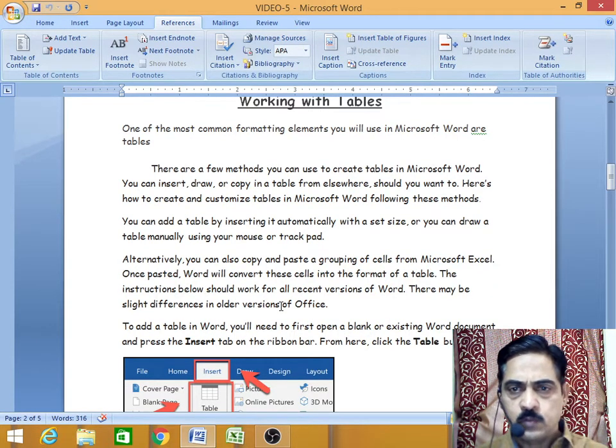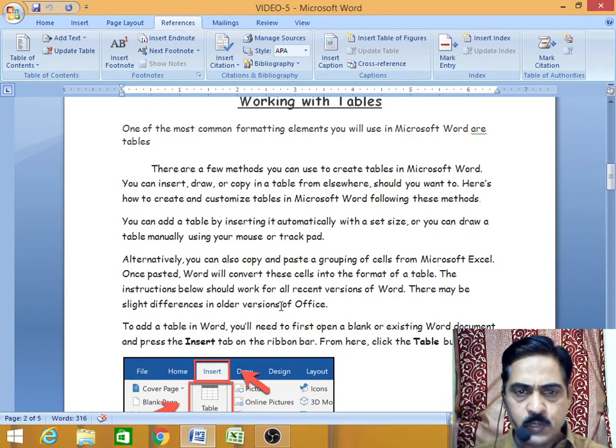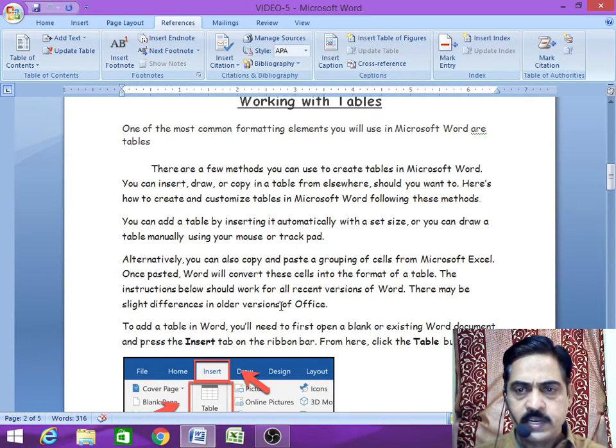One of the most common formatting elements you will use in Microsoft Word are tables. There are a few methods you can use to create a table in Microsoft Word, but importantly we can use insert table, draw a table, or copy in a table from elsewhere.